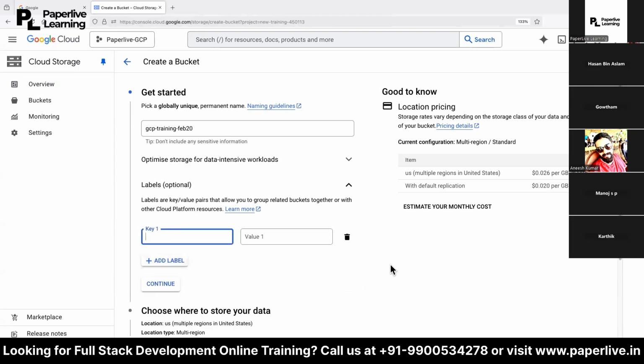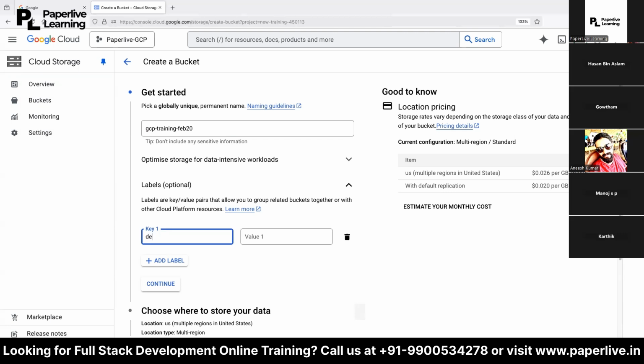Add a label. A label is mostly useful if you're using many services in the same project or different projects, and you can label based on departments, environments, or applications, depending on how your organization is set up.